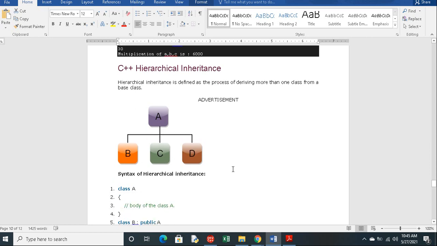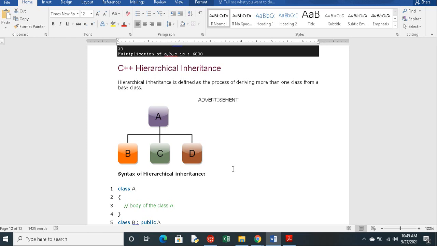If you remember the diagrams, then you can write the program easily for all these inheritances. The first inheritance is simple inheritance, one base class and one derived class. Second is multilevel, A, B, C. Third one is multiple inheritance, where we have multiple base classes and one derived class. And the fourth one is hierarchical, one base class and multiple derived classes.